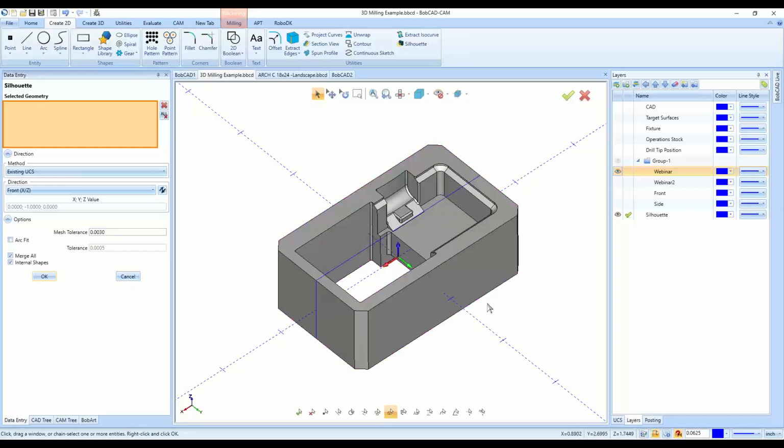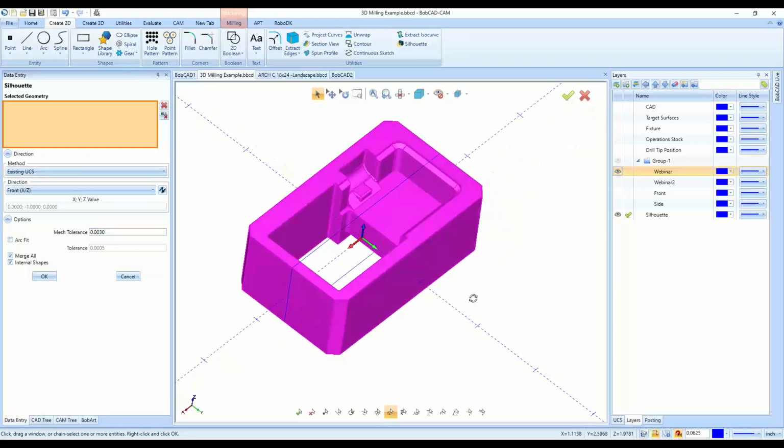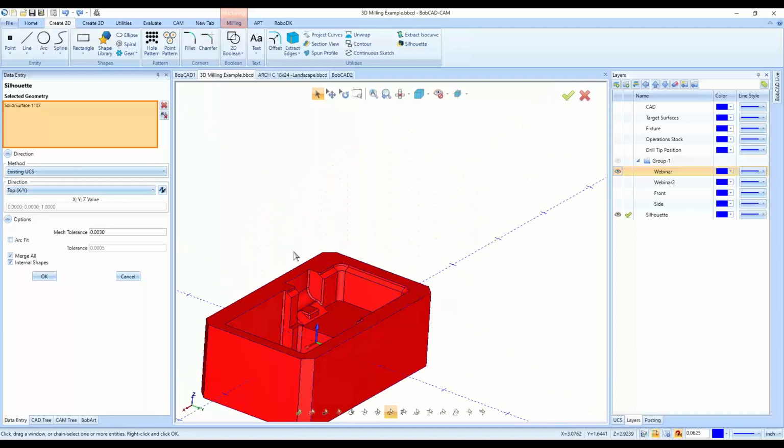Merge all is coming from the top, existing UCS, front. Oh, okay. Let's do it from the top view then. Sorry about that. Let's select our geometry, and then from the top,